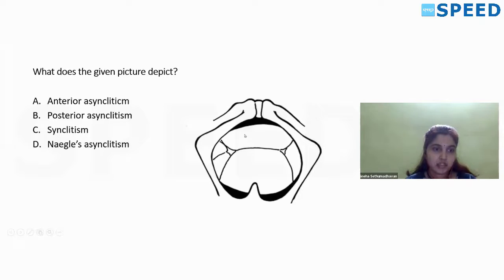So let's get oriented to the picture first. This is a picture of the maternal pelvis and you're seeing from the front as if you're conducting the delivery. So this will be the symphysis pubis. This is the mother's anterior part and this will be the sacral bone. So this will be the posterior part, which means this will be the right and this will be the left. So this is the baby's head.